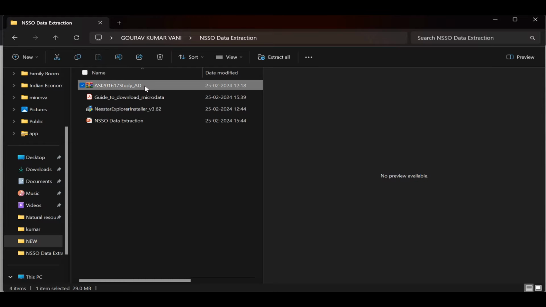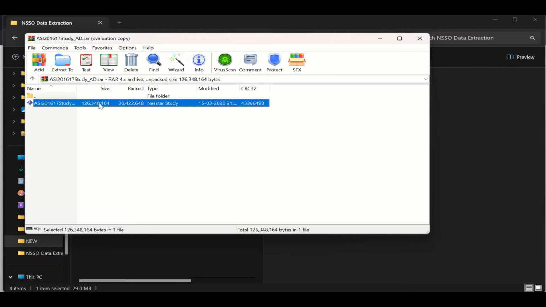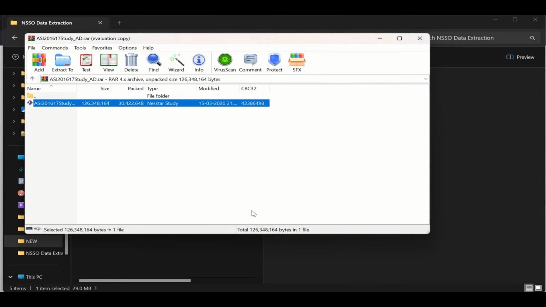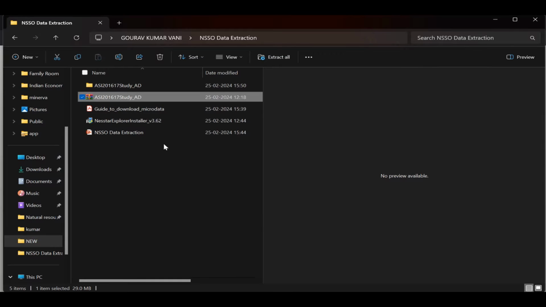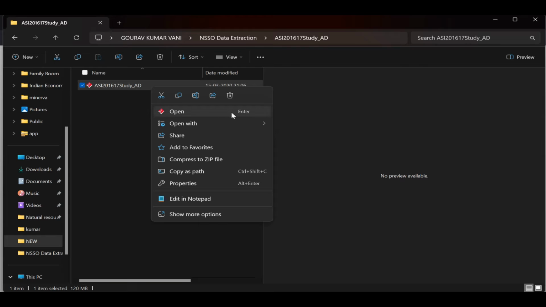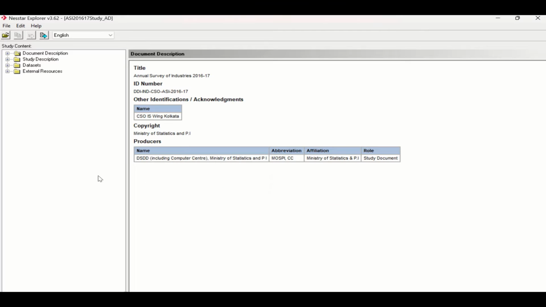So this is the file which has been downloaded, and once you open it with WinZip, you can unzip it at your required location. So it is getting unzipped, then close it. Let's go to the location where it got unzipped. So it's here, and then double click on it. Since Nesstar is already installed, it's already linked to that file format. So Nesstar Explorer has opened it, so you can see the details